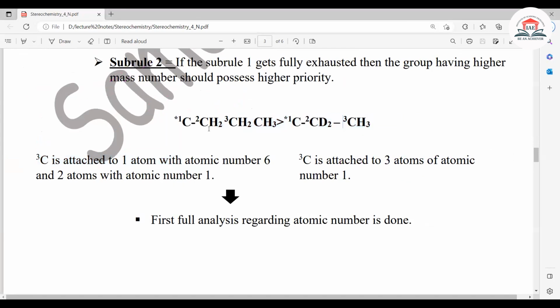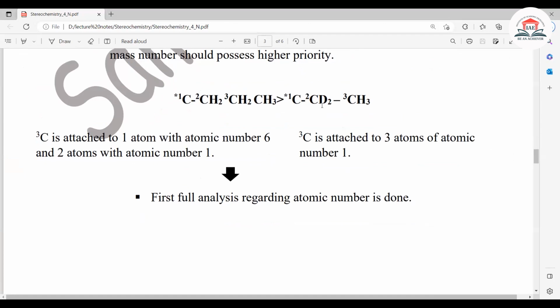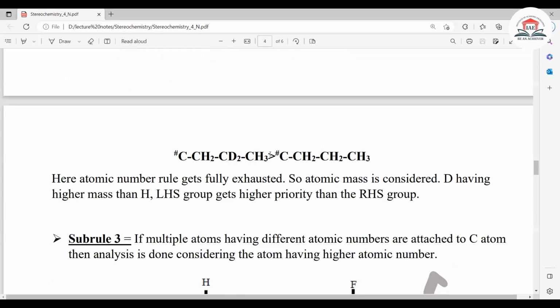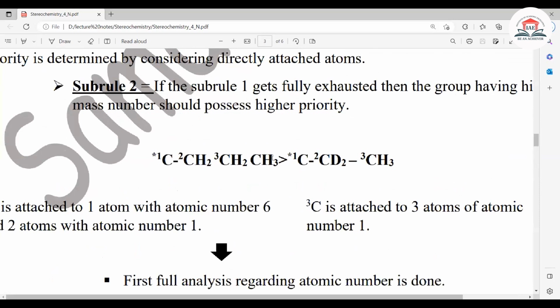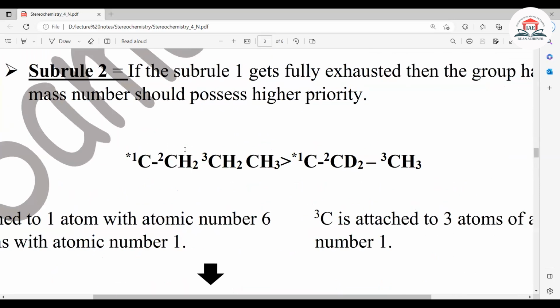Okay. So yeah, in this example, 3C is attached to one atom with atomic number 6 and two atoms having atomic number 1, right? And the second example, the 3C is attached to 3 atoms of atomic number 1. Hence, the first one gets higher priority. Okay. এই এক্সাম্পলটা এটা নয়, এটাতে বোঝা যাবে মাস রুলটা। ঠিক আছে, আরেকবার বলছি, এই এক্সাম্পলটায় the first group gets